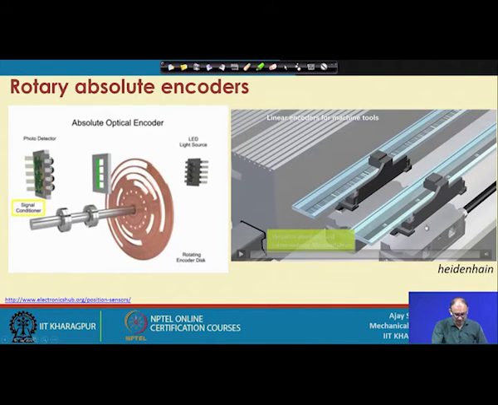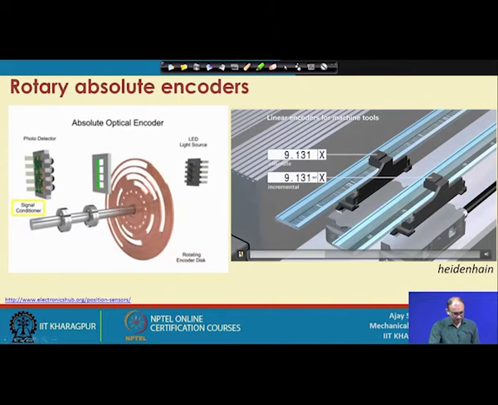Now, this slide is showing two encoders, a rotary encoder and linear encoders, and how the absolute encoder and the incremental encoder work. You can see that this one is the incremental encoder and this one is the absolute encoder. When movement starts, both give the same results. 11.74 to 11.742, no issue, because it is at the initial position. Now it is moving and the power is on.